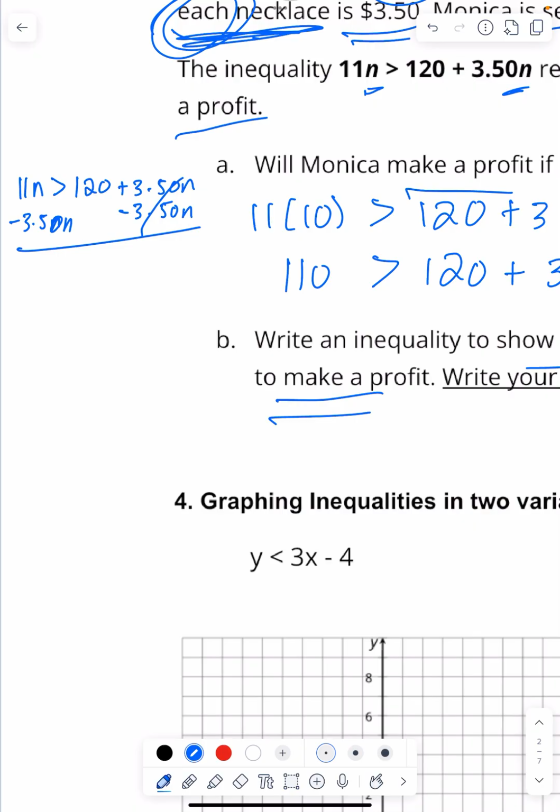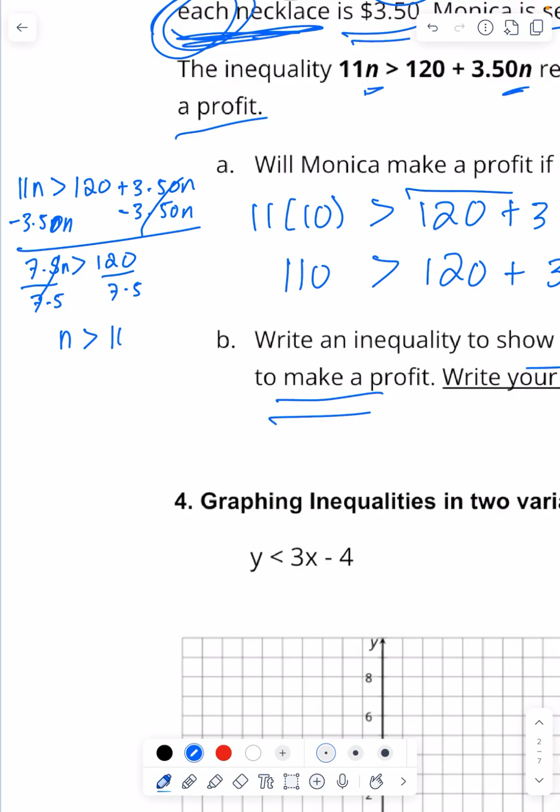So we get, let me just verify again, 11 minus 3.5, we get 7.5. So 7.5n is greater than 120. Divide by 7.5. You get that n has to be greater than 120 divided by 7.5,